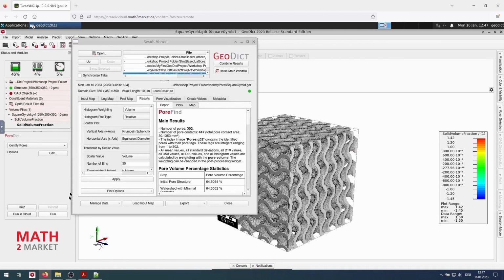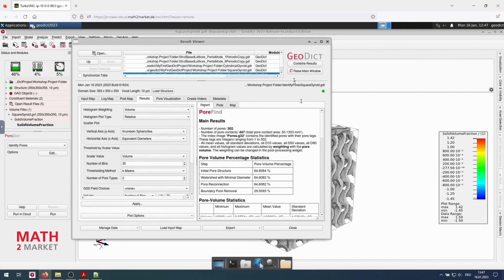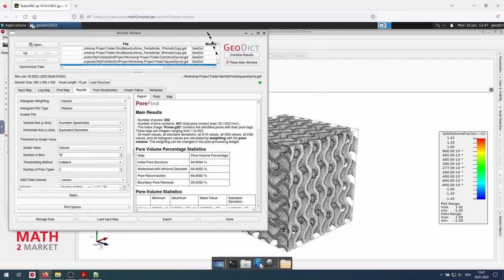And like that, we obtained the pore identification of the square gyroid.